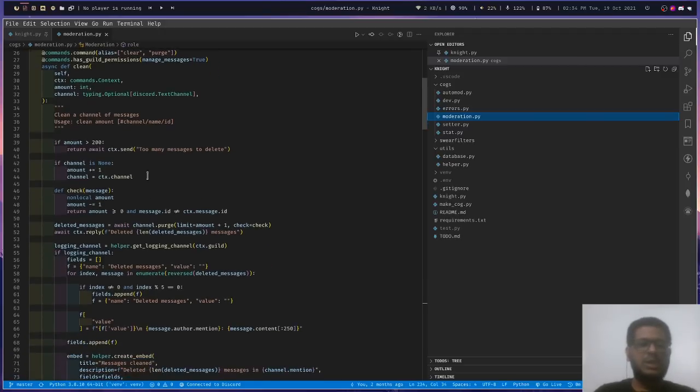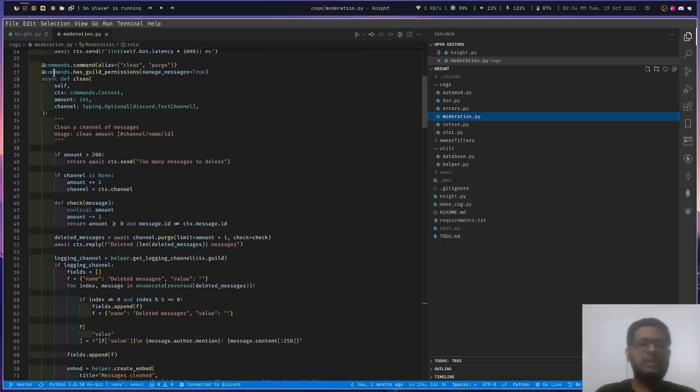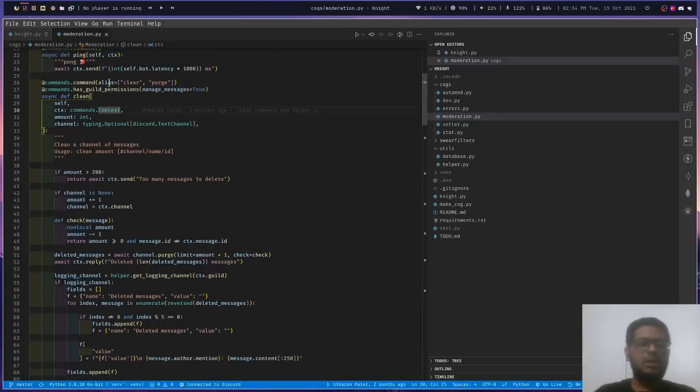As we have seen in the demo, the clean command would clean a certain number of messages as provided in the amount parameter. This command can be invoked using exclamation clean, or clear, or purge.